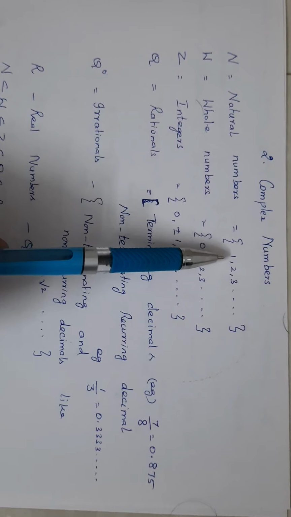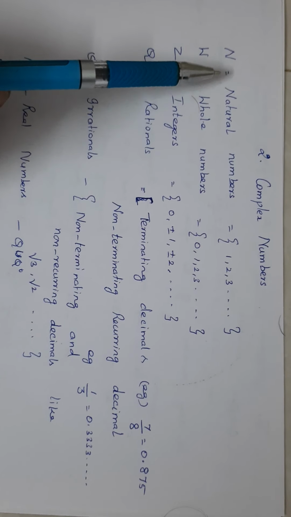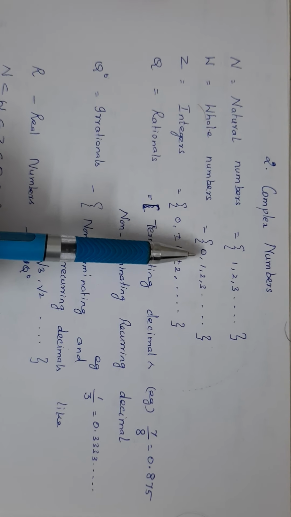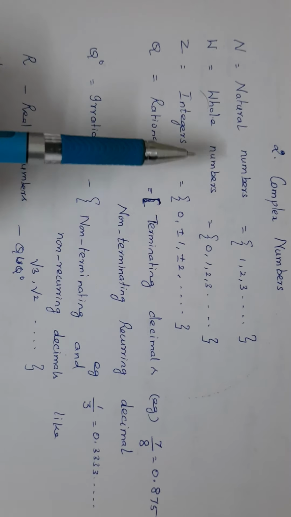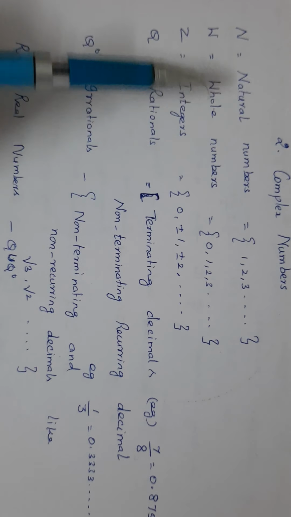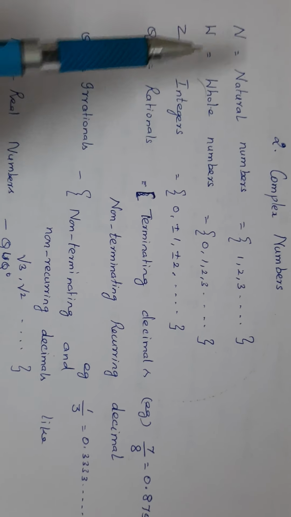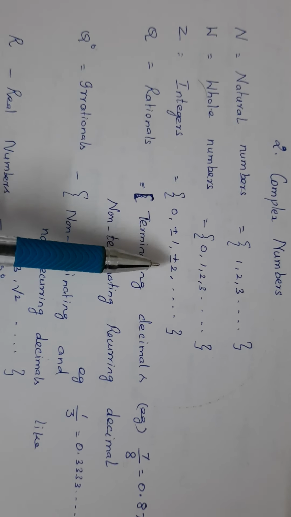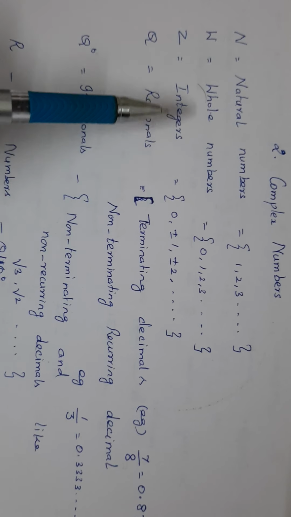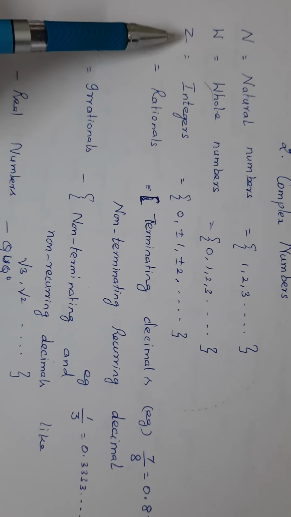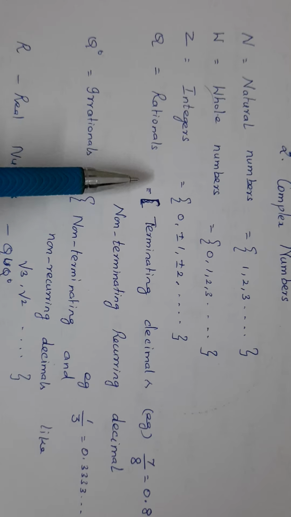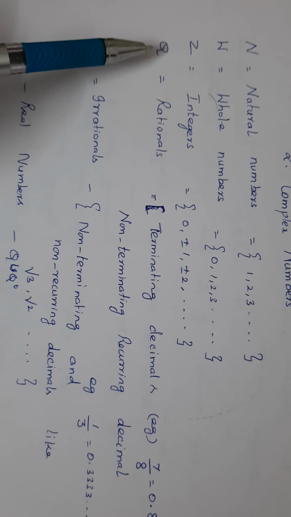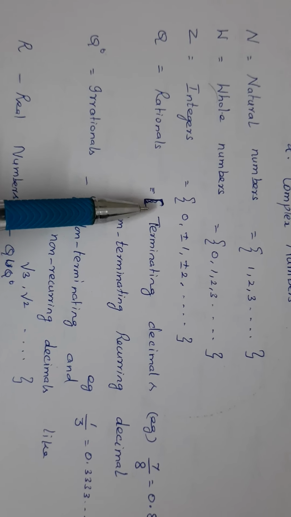The number starting from 1 to infinity is defined as natural number and it is denoted by N. After the invention of 0, it is included and that set is called the set of all whole numbers, which is denoted by W. Then after getting the negative numbers, that is also included, and the entire set is called the set of all integers, which is denoted by Z. Then next comes the set of all rationals, denoted by the letter Q, which contains fractions.